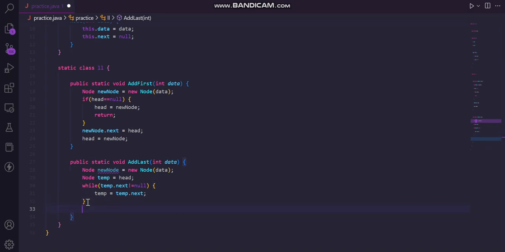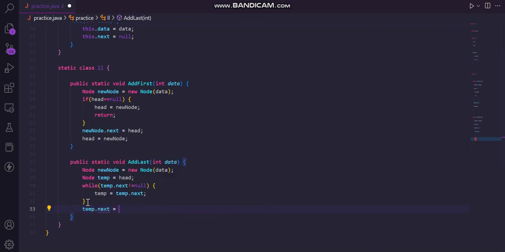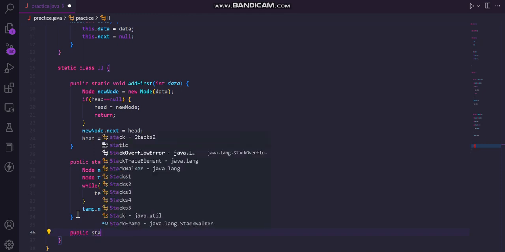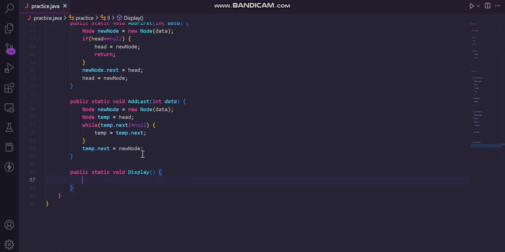We have temp at the last position, so we'll create a link to the new node from the temp, right? temp.next is equal to newNode. Simple. Okay, so here we have added the element at the last position as well. Now we will write the function for displaying the information in the linked list, right? The same technique that we applied over here,